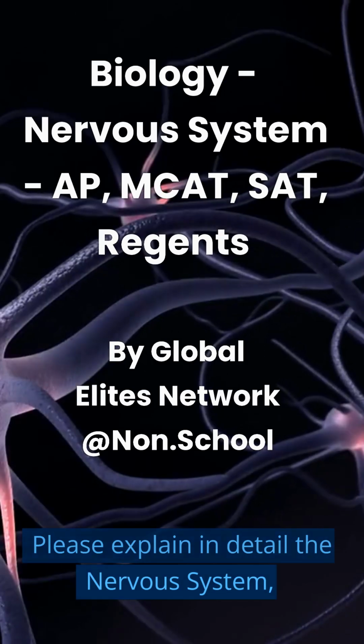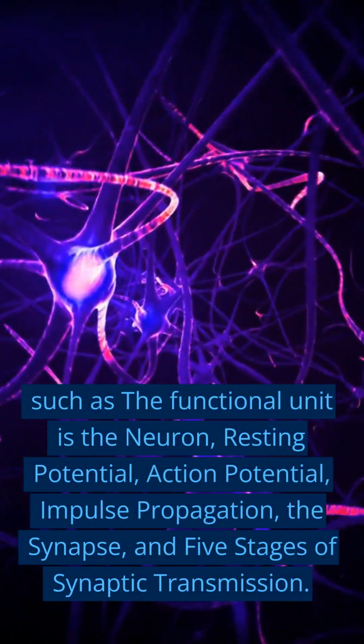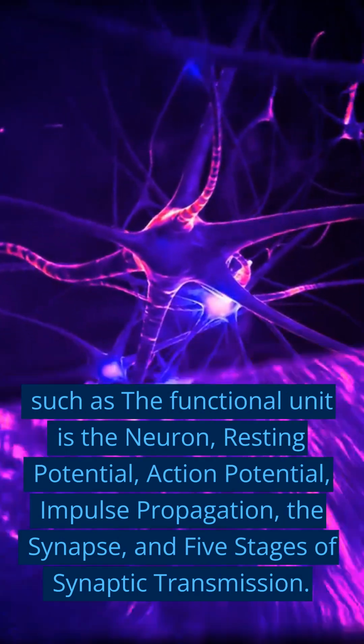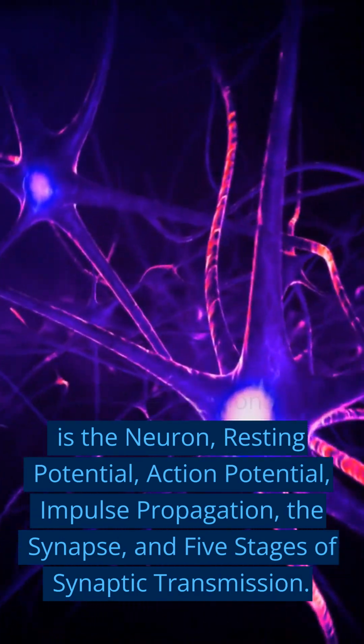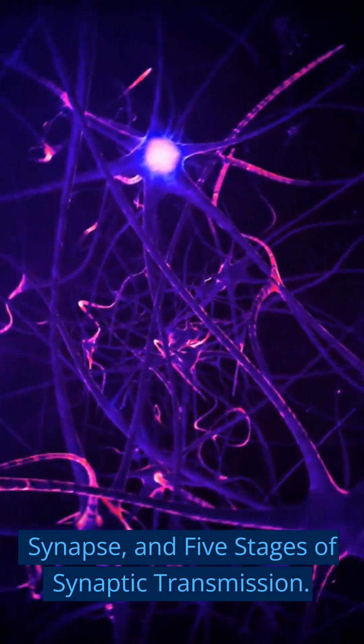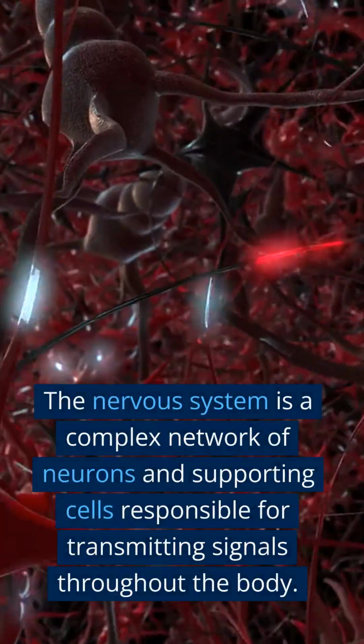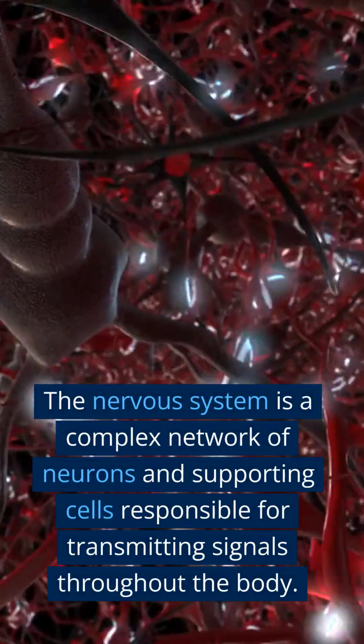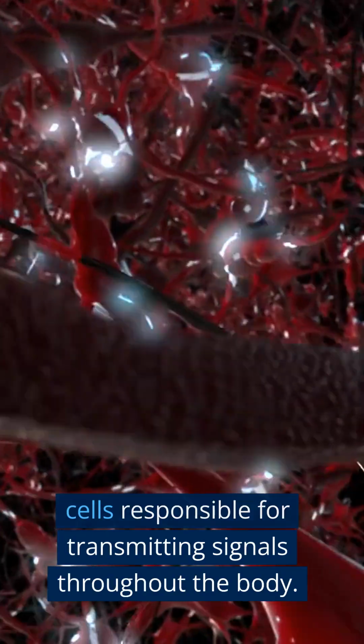Please explain in detail the nervous system, such as the functional unit is the neuron, resting potential, action potential, impulse propagation, the synapse, and 5 stages of synaptic transmission. The nervous system is a complex network of neurons and supporting cells responsible for transmitting signals throughout the